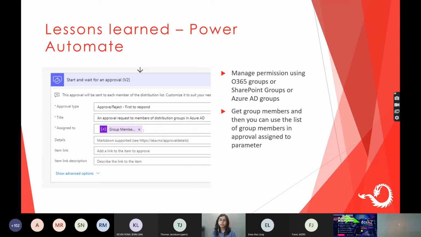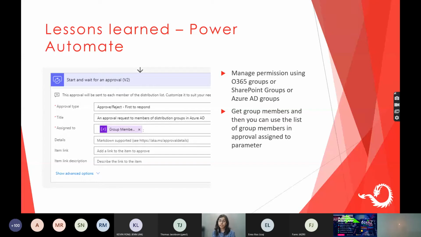It would take the group name and create the tasks for the user, and it would work by default, so you wouldn't need to do any extra work. But when you are working with Power Automate and creating approvals using the default actions provided for approvals in Power Automate, what you need to do, if you want to use the group as the